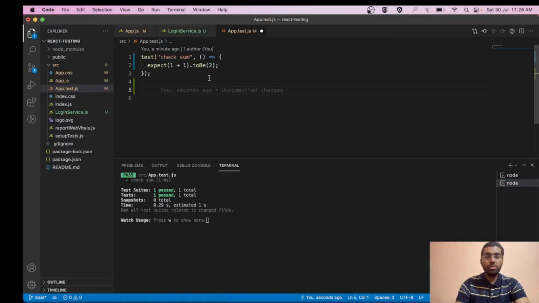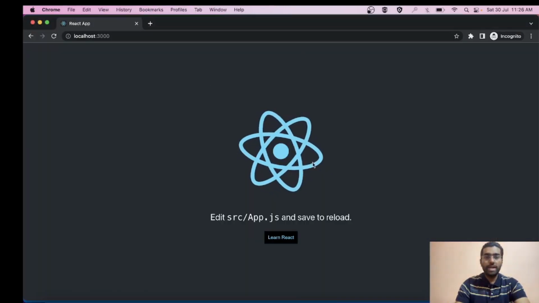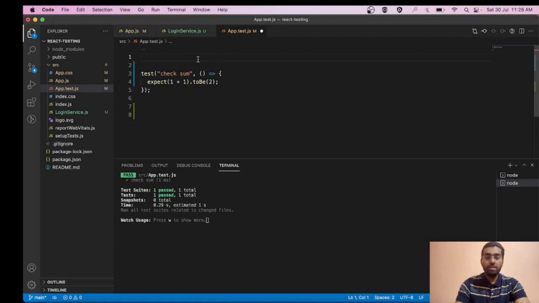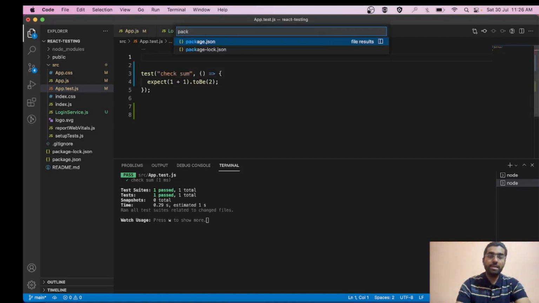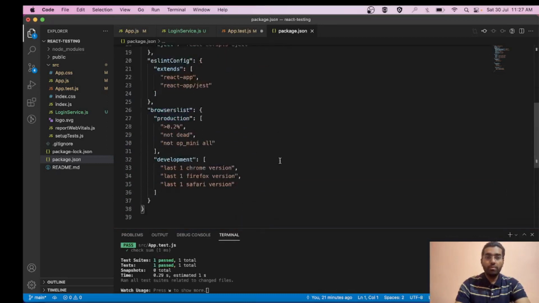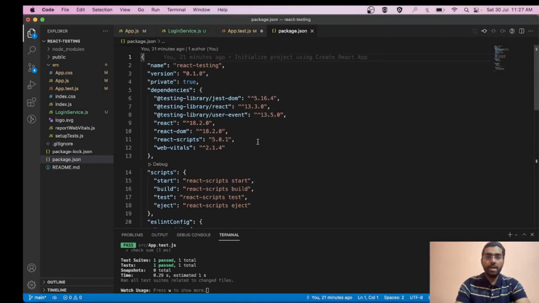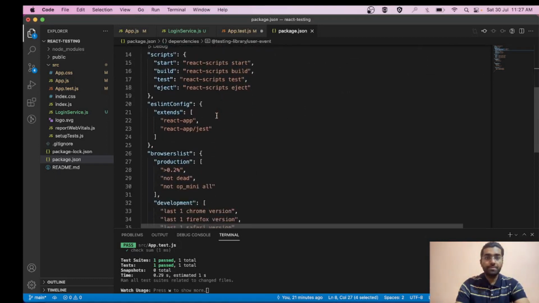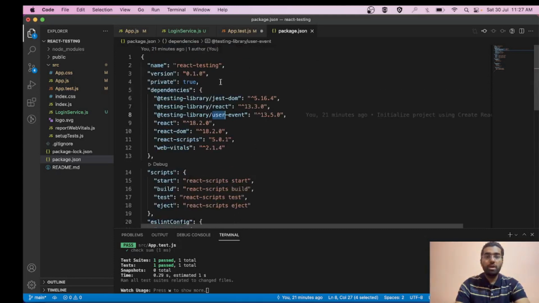So friends, in order to do that, we will be required to render this app in our JS DOM also. One more thing that I want to tell you is that we are actually writing these test cases using Jest and React Testing Library. We do not need to install React Testing Library, it is already installed for us, like these packages: testing-library/jest-dom, testing-library/react, and testing-library/user-event. Okay, cool. So now let's proceed.